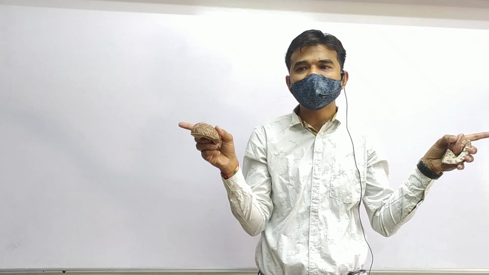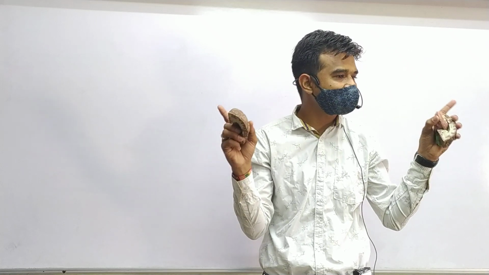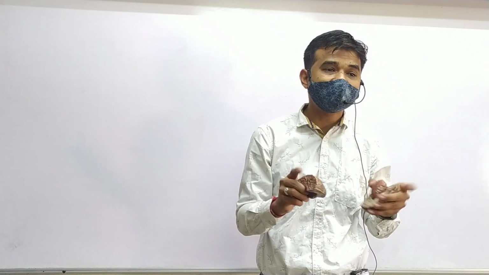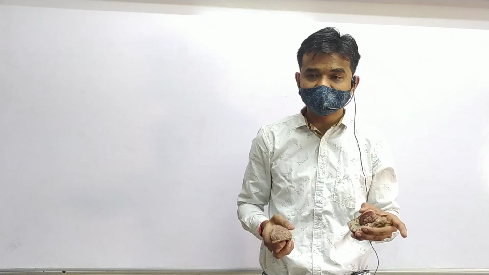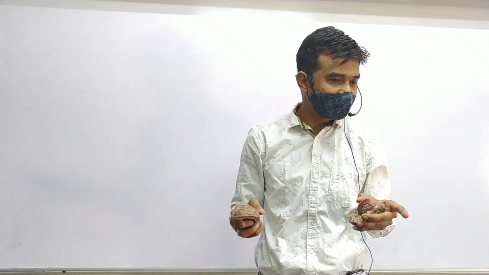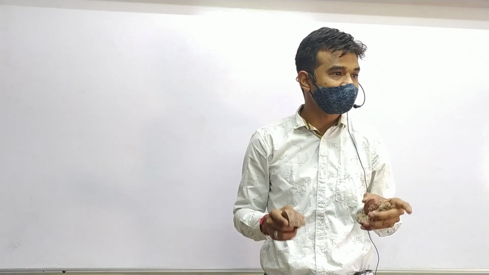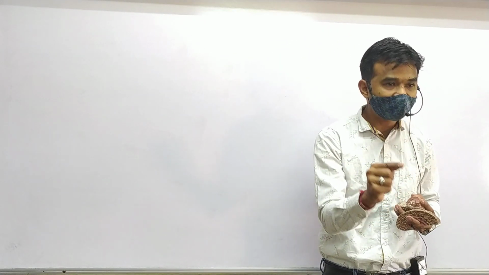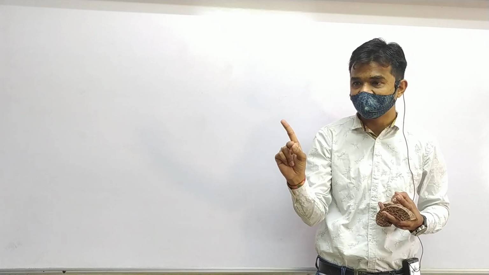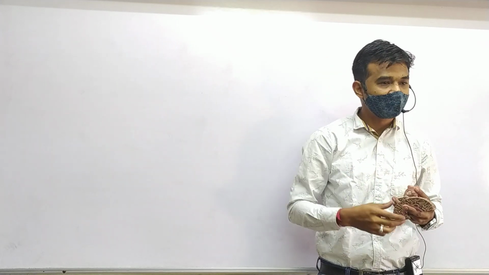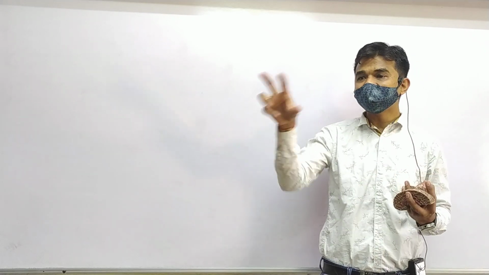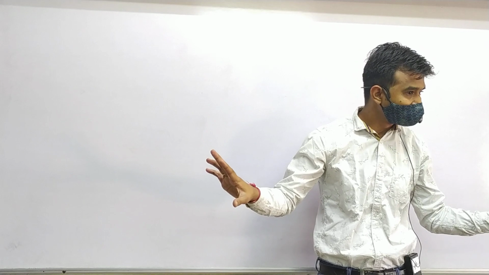So two lateral ventricles are present in the cerebrum, the first and second ventricle. See, in the last lecture I told you at the end that we have 6 ventricles in our brain: first ventricle, second ventricle, third ventricle, fourth ventricle, and 2 lateral ventricles. The 2 lateral ventricles are present in the cerebrum. First and second ventricles are not able to be seen.